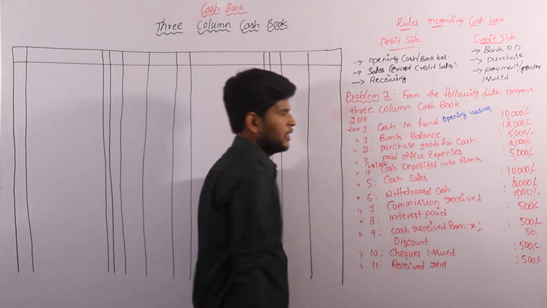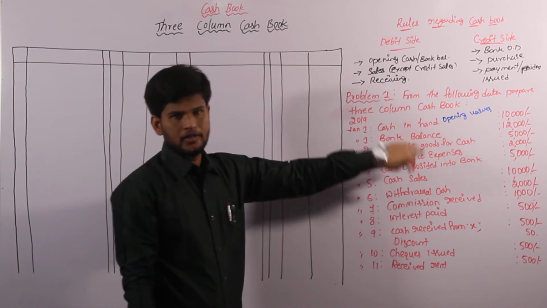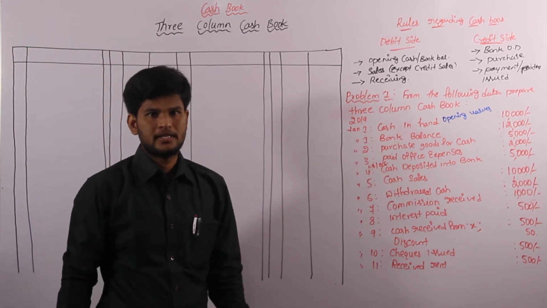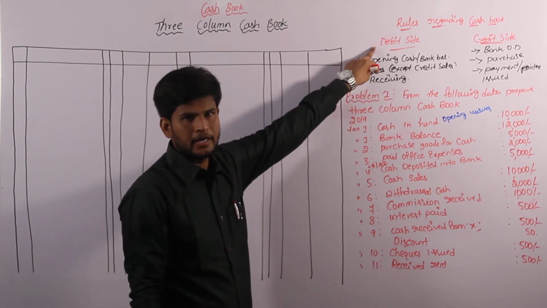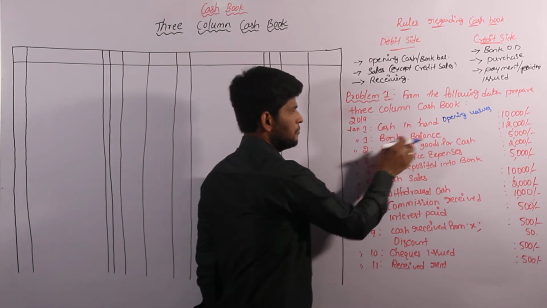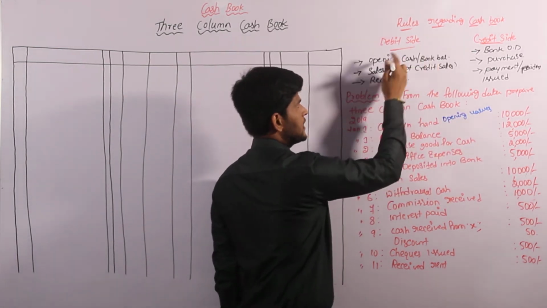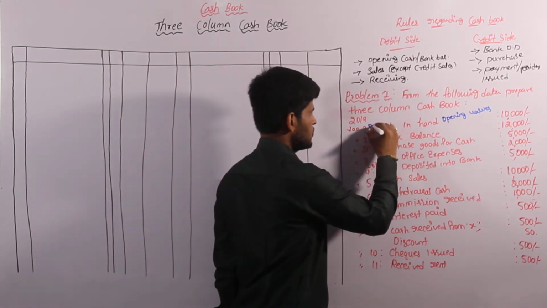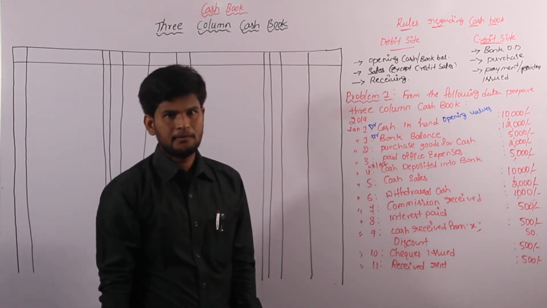Opening balances are cash in hand, cash at bank, or others. Business started with cash, got cash into business. These are all transactions relating to opening balance, and they will be on the debit side. Cash in hand and bank balance are both called opening balances. According to the debit side condition, all opening balances are always on the debit side. So we have to give a small indication, that is DR. DR is nothing but debit side.